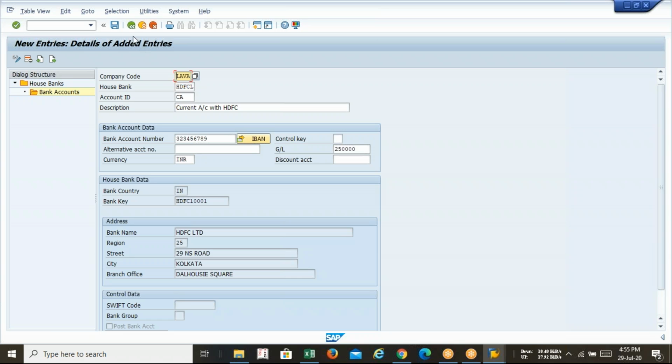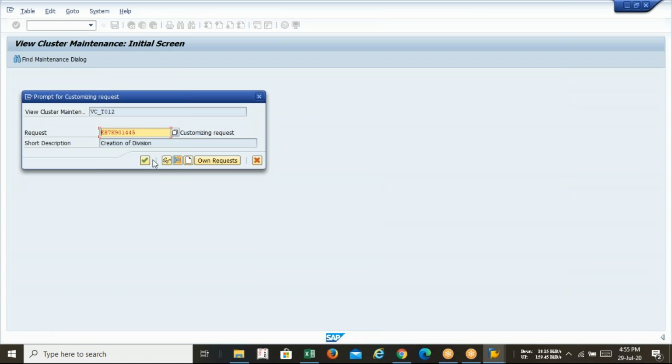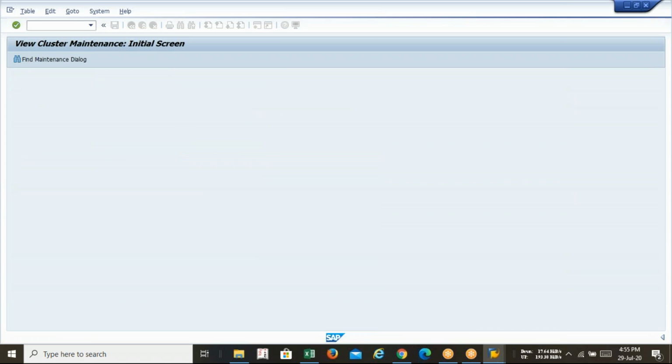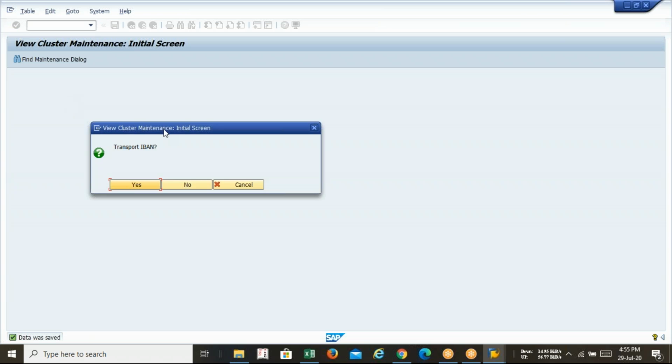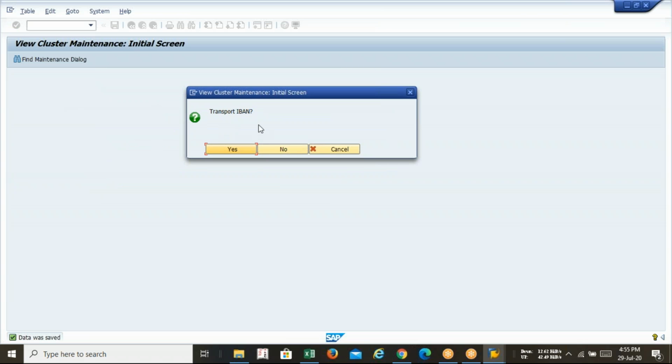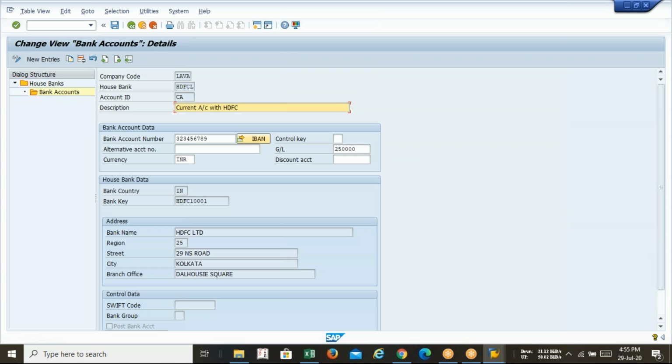Save. After saving, if this option is coming, transport IBAN, I think IBAN stands for international bank account number, select no. Do not click yes.